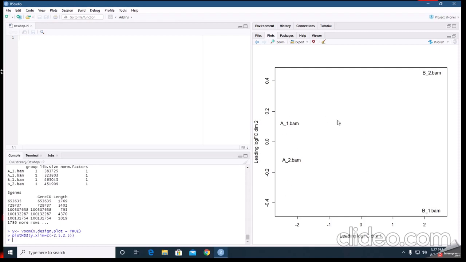See, these both are not the same, because I already told you in the starting that A1 and A2 are in sample A, and it contains universal human reference RNA, but B1 and B2 contain human brain reference RNA. So you can see in the MDS plot that these two are different.